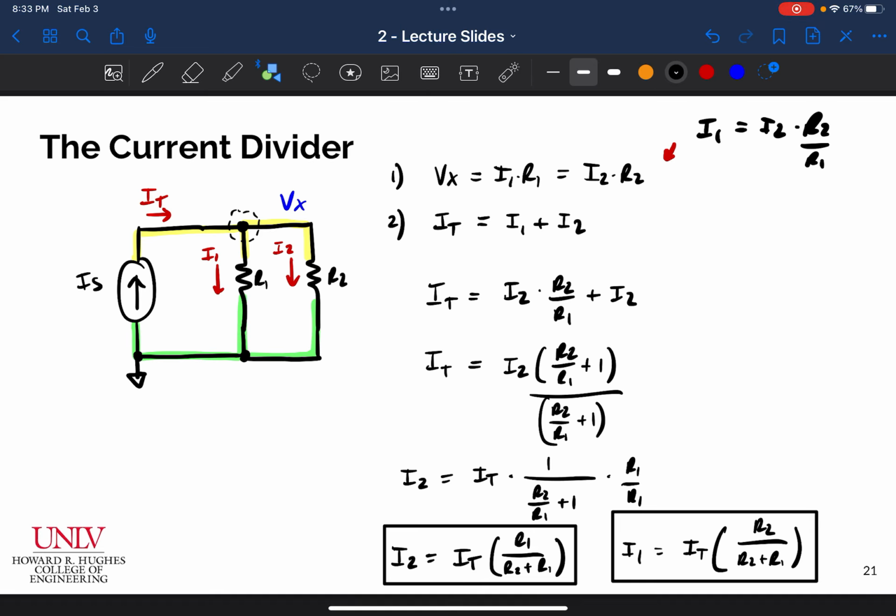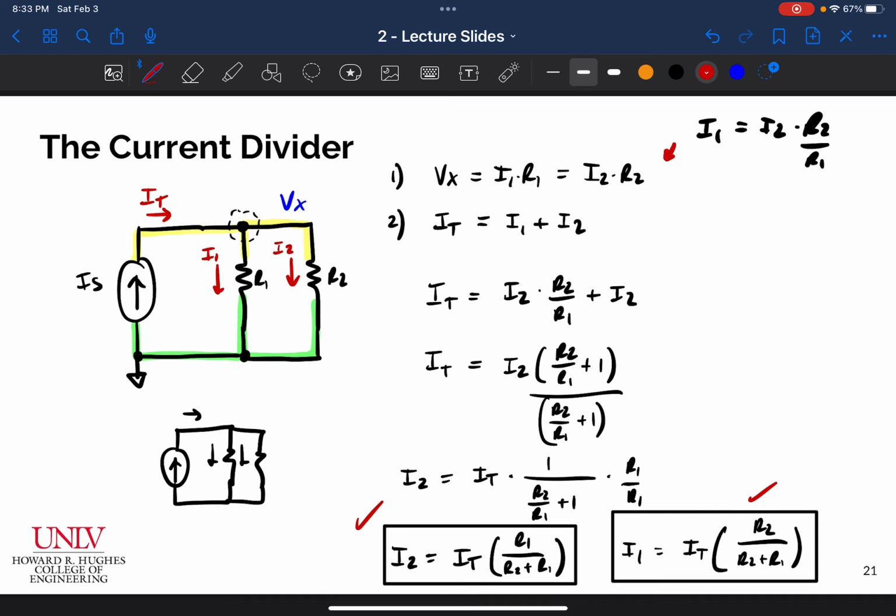And now anytime you see anything in this configuration, I guess I'm on my arrow tool too, where you have a current source and two resistors in parallel, then you know you can solve for these currents using these two equations. All right, so we're done with the current divider, we're done with the voltage divider, and we are ready to move on to the